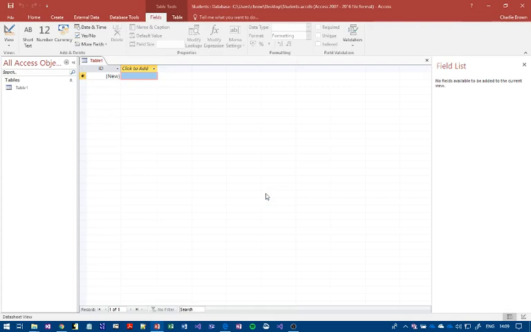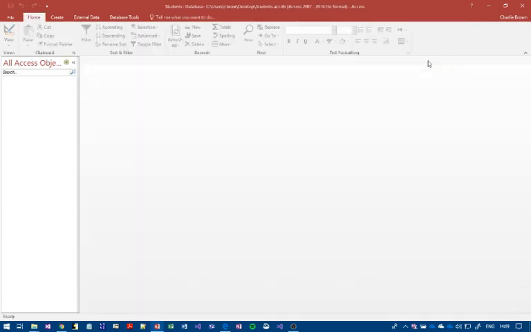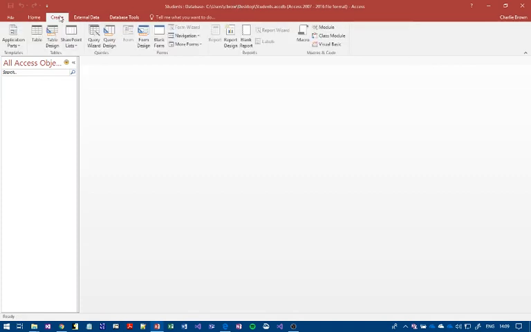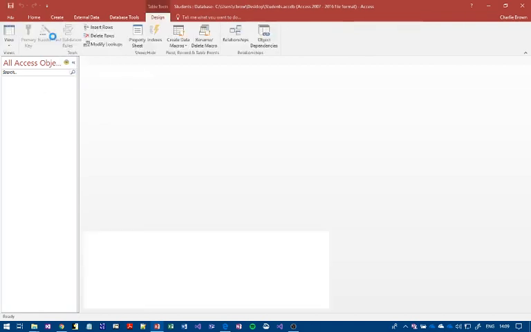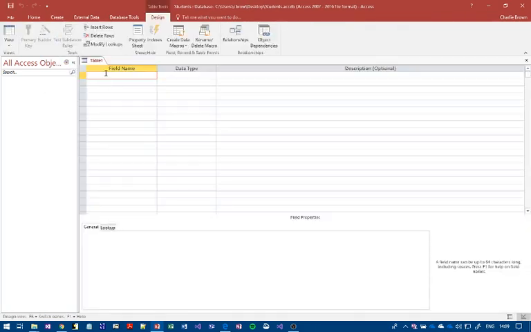Now before we do anything, it comes up with this horrible view here. Just close that down. So what we're going to do is create a table. Okay, so we're going to go to the Create tab and Table Design. Now we're going to have some fields. So we want student ID,